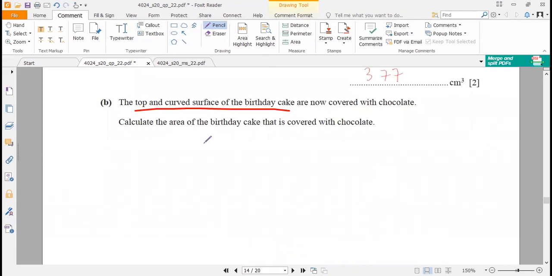Now, the surface area will be 2 pi RH. The formula for the surface area of a cylinder is 2 pi RH. If we include the top as well, it will be pi r square as well, because that was circular. So 2 pi, what is the radius? It is 10. Height is 7.2 plus pi, and the radius is 10. After solving this equation, you will get the answer